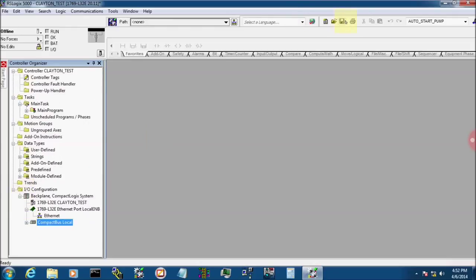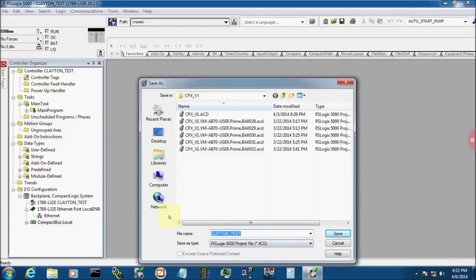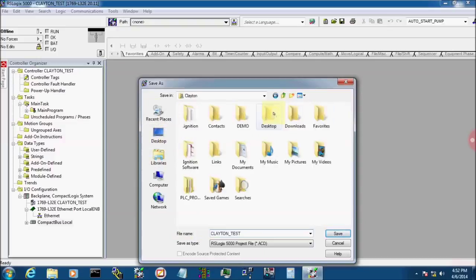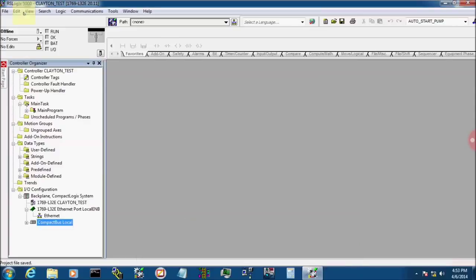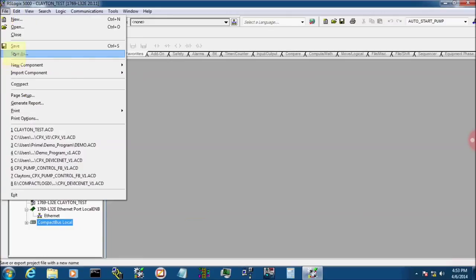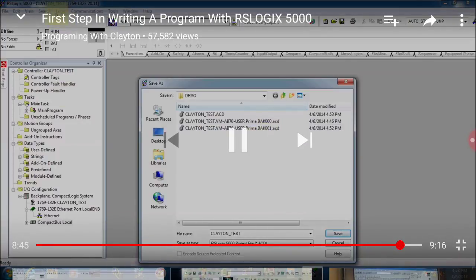So, let's go ahead and save this. Okay, and actually we'll go to Save As, and we're going to save it in Demo, and the file name is Clayton Test, and we'll click Save. I'll show you something real quick. If you notice right here, it's got 3 files in that folder already. Some of them say BAK. That's a backup. You can set some of your fine-tuned